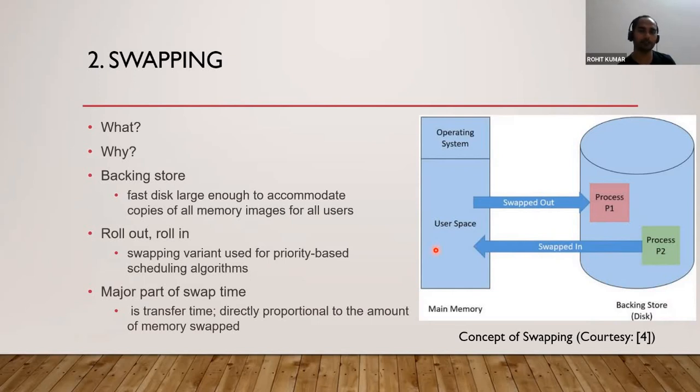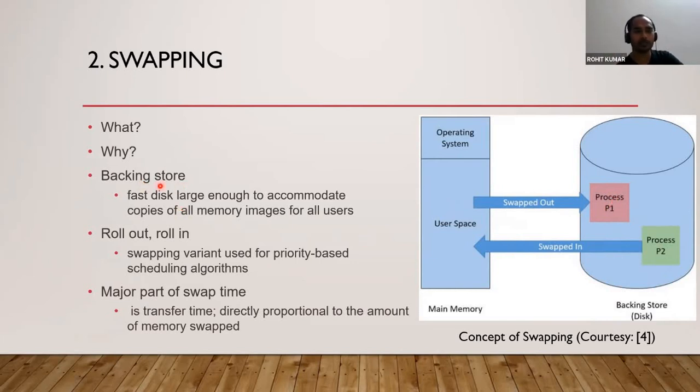It is needed because it might be the case that P2 is of higher priority than P1. There is some other process that is more critical in execution, so you are supposed to bring it in and bring the other one out. Which process to swap out will depend on the criteria of priority, so it is system dependent.